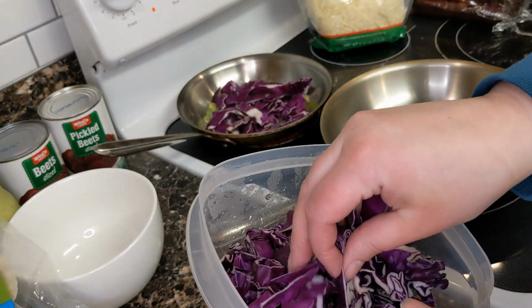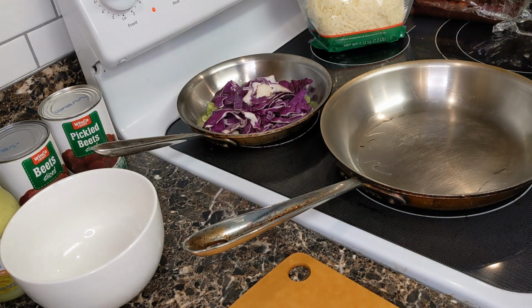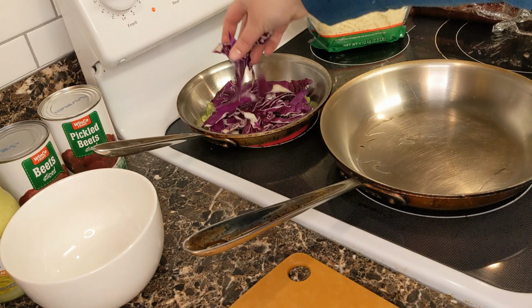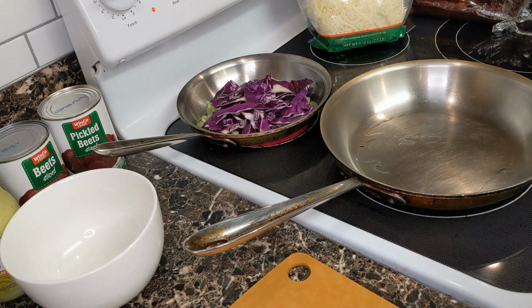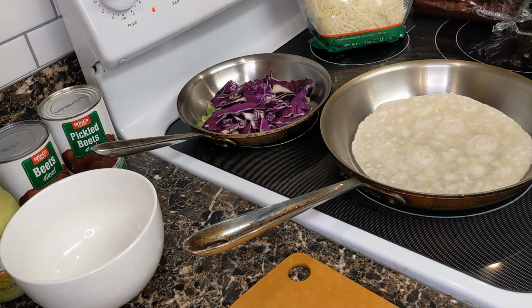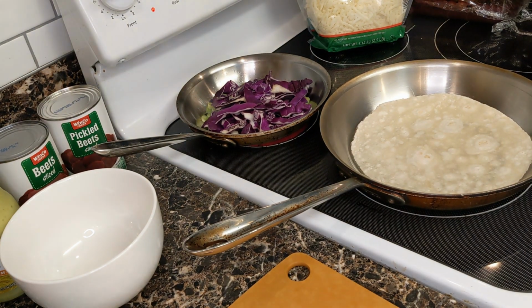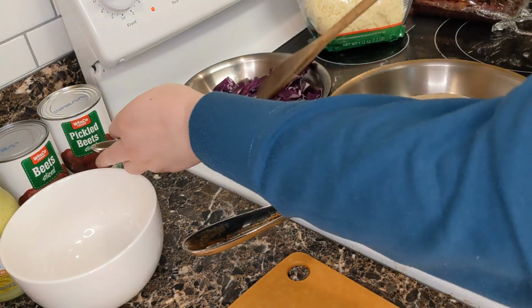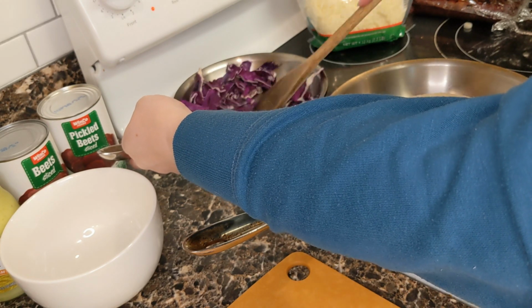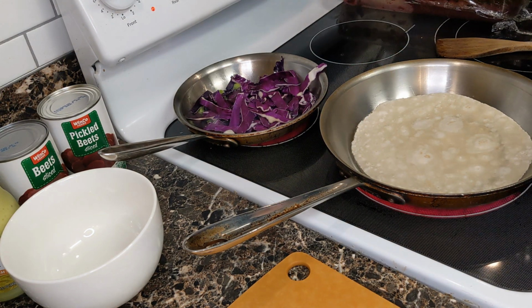And I don't really measure. I just figure this pan kind of dictates how much I'm gonna eat because it only can hold so much. So I don't know how much that is. And then, it's kind of like a fast process once you get started. I like to let it kind of sit a little bit before I add